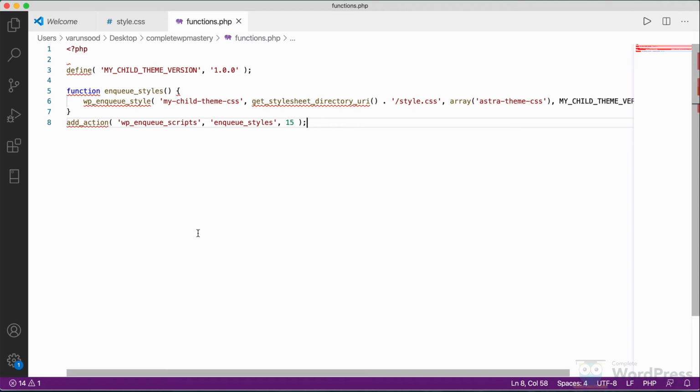Next, we need to install our child theme. For that, we first need to upload the child theme to the themes directory of our website. There are actually two ways of doing it. The first way is to use FileZilla.